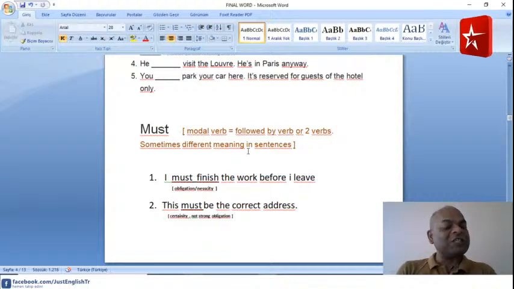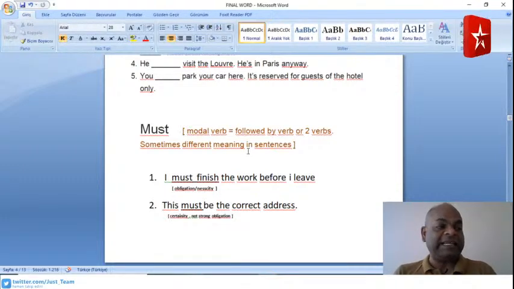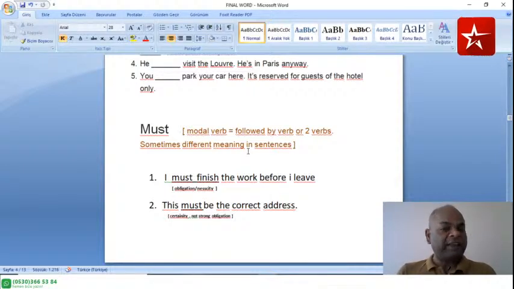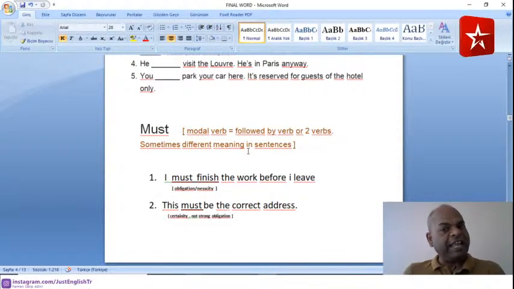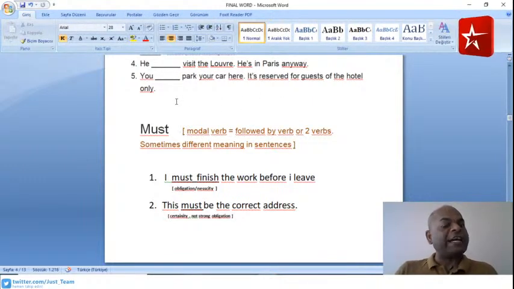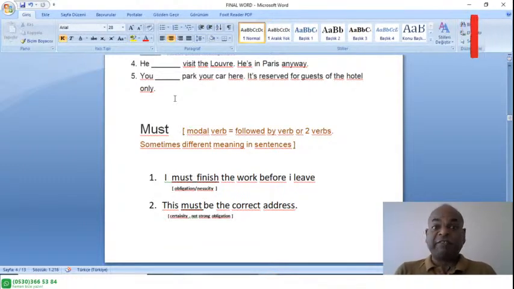Superb. So number 5 is what, guys? I need your answer. Come on. Number 5. Oh, we got the answer. Najat says, Beth says, and Tessin says may. There we go, guys. You've done a good, wonderful job. Alia says may not. There we go. First step, yes, we should have your past or model word will be may. Absolutely right. But remember, this sentence is going into the negative. It's reserved for guests of the hotel only. So it has to be may not. All right, guys? Earlier, you did a good job. You said may not. Thank you so much, guys.